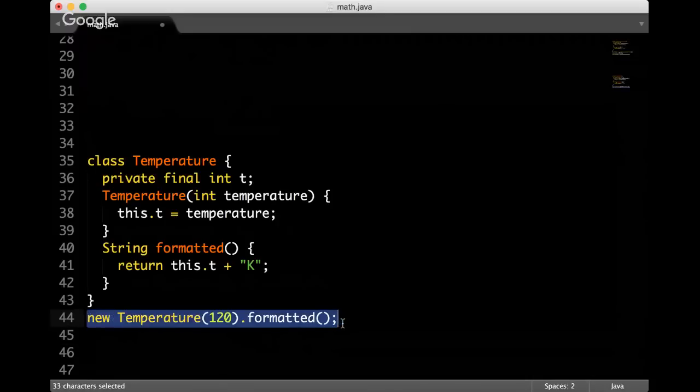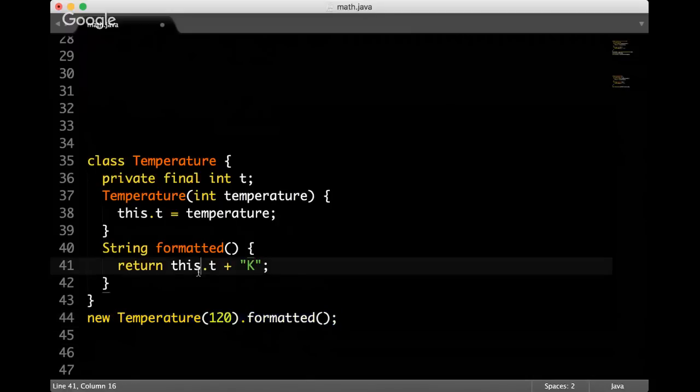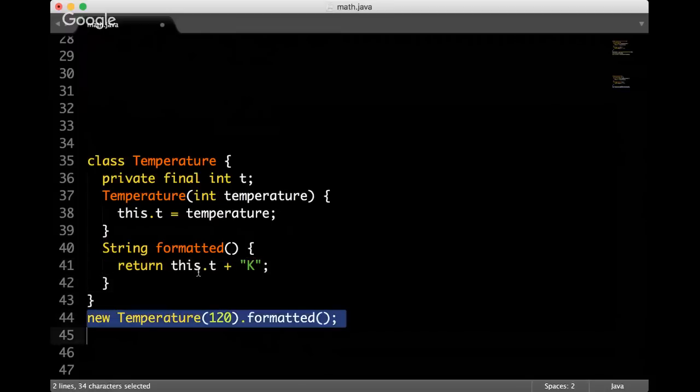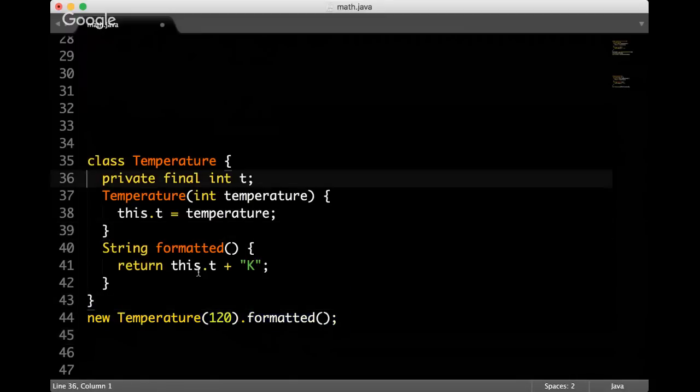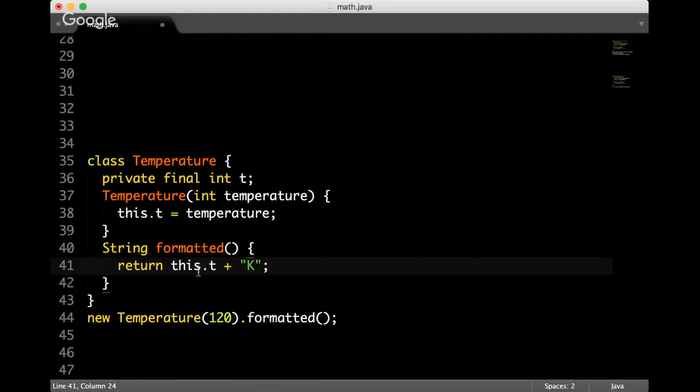So this code is shorter. This code is shorter as well. There are many benefits of immutable code. First of all, you can find them on the internet. But first of all, it's thread safe. It's side effect free. The code is smaller. The code is more cohesive, and the amount of code you need to write in order to use that immutable class is smaller compared to the one we had before. It's clear. It's obvious. We know that.